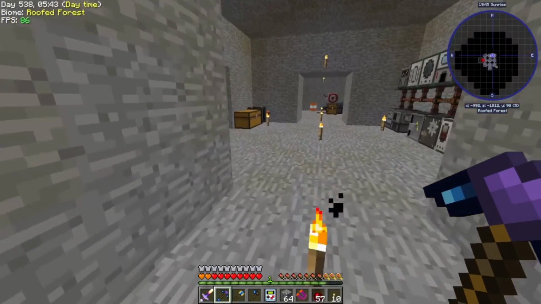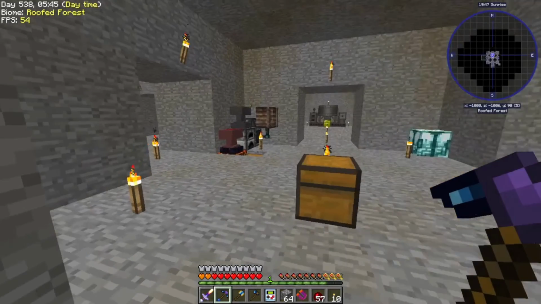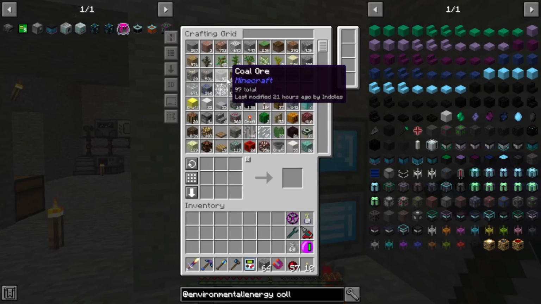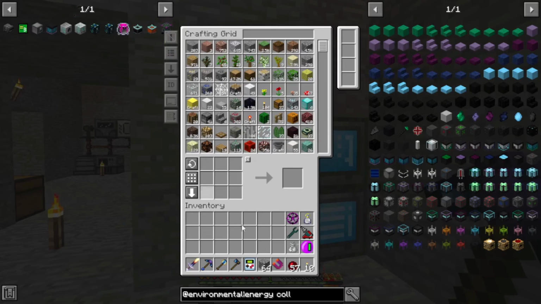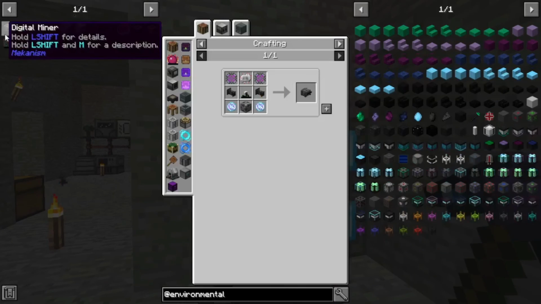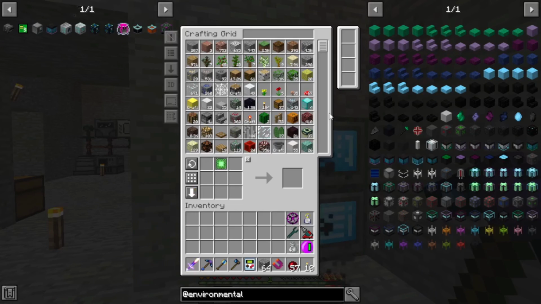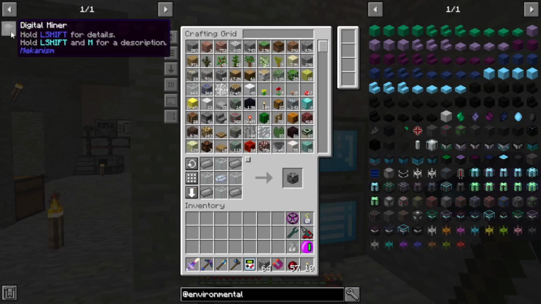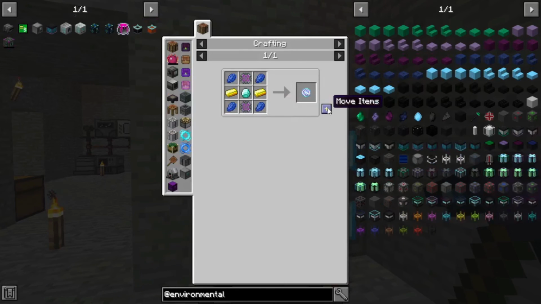But something that will help everything out is a better way to get coal. So we have a bunch of coal ore, but we can get more. And the way we're going to do that is with the digital miner and the mining dimension. The digital miner is actually not that bad to make. We are going to need a steel casing. Easy enough. We're going to need 2 teleportation cores, which does require